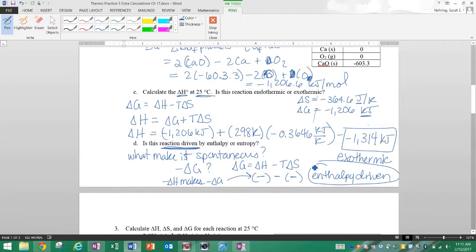Another way to think about it is you can just say things being exothermic tend to be spontaneous, or things that increase in entropy tend to be spontaneous. And this reaction is decreasing in entropy. That kind of goes against the spontaneous way of things. So what must be allowing this reaction to happen is the fact that it's exothermic, that it's got a negative delta H value. So yeah, again, this whole question of whether a reaction occurs all comes back to